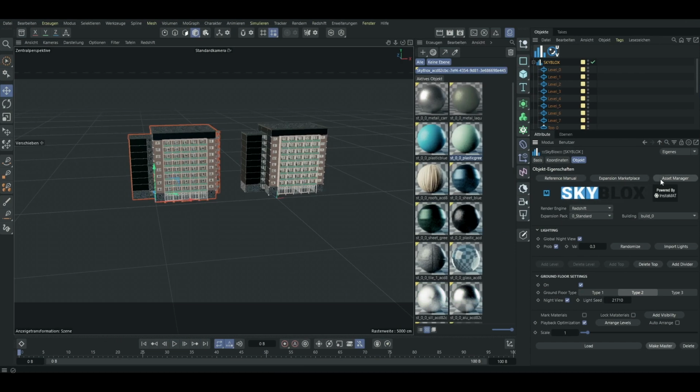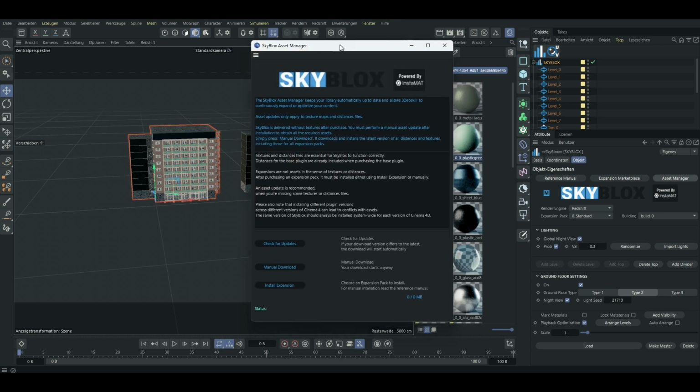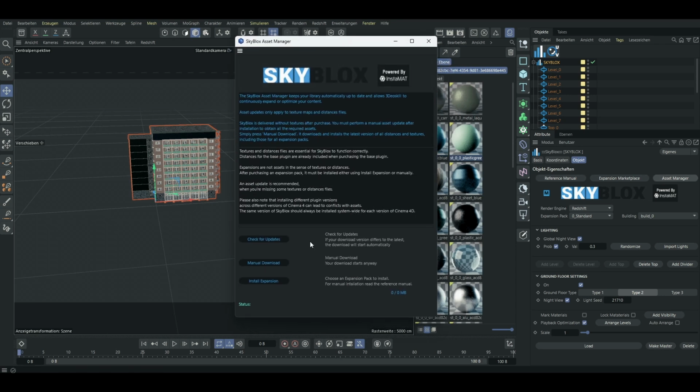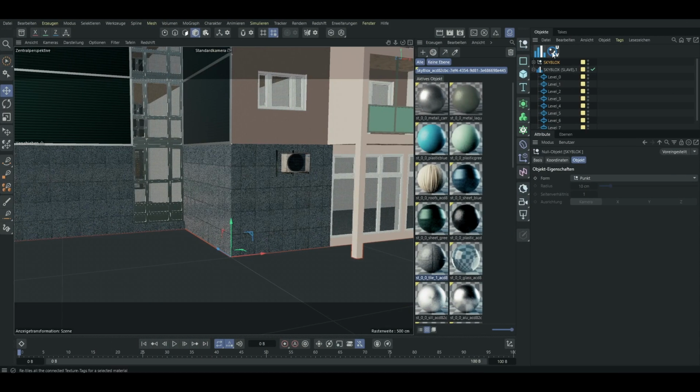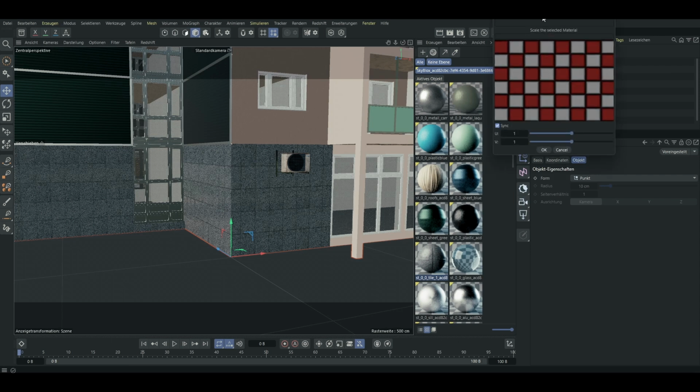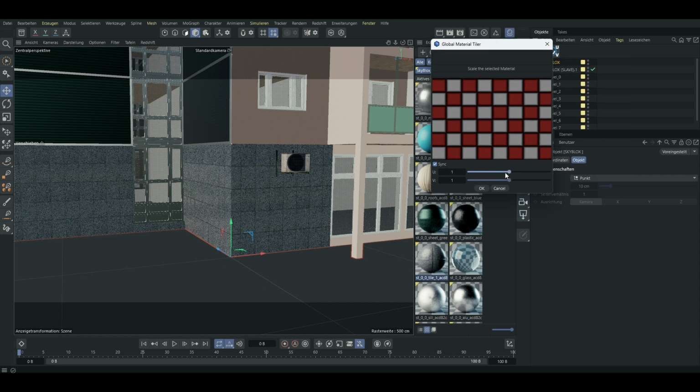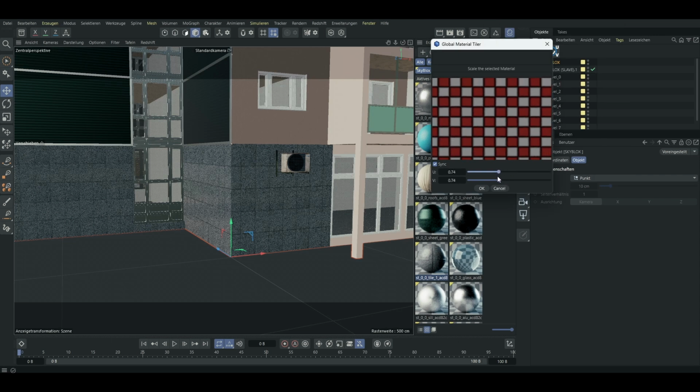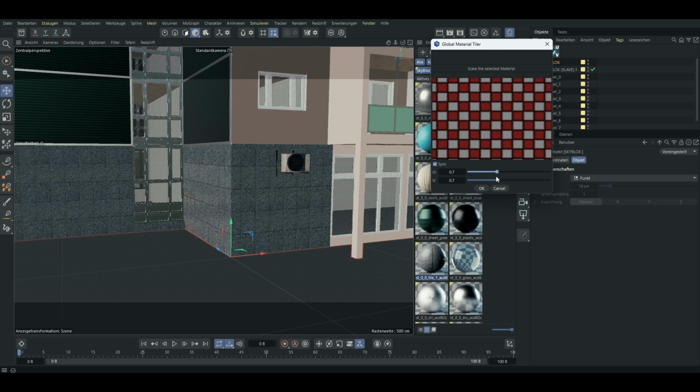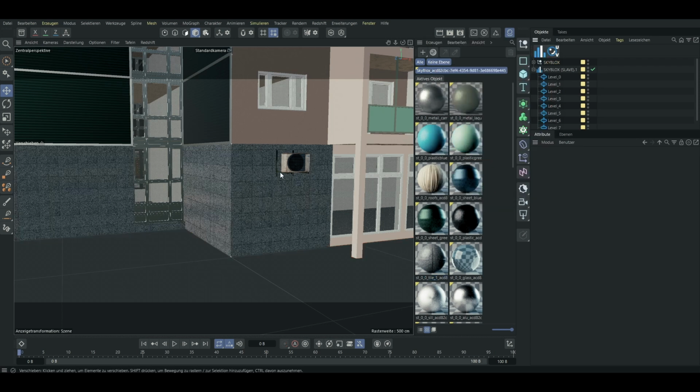The built-in asset manager handles all your external texture and distance files automatically, keeping your project organized and fully up to date. To wrap it up, Skyblocks comes bundled with Matte Retiler, a bonus plugin that lets you proportionally scale the tiling across all texture tags for a given material at once. Perfect when you want to drop in your own custom seamless textures.